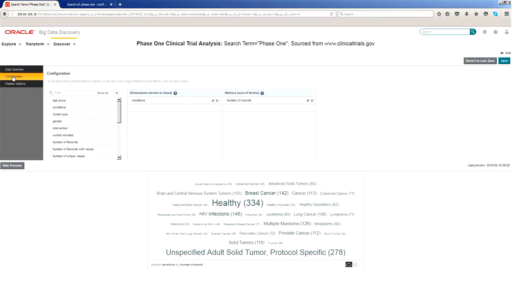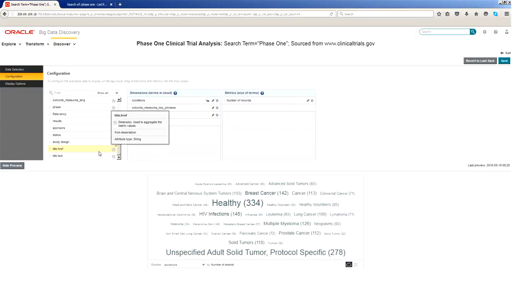We could have conditions, we could have outcome measures, key phrases, do sponsors, and title,